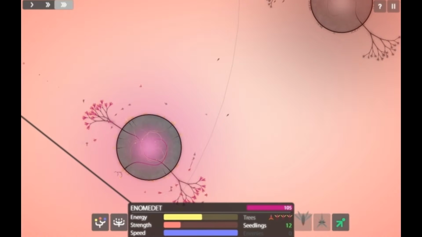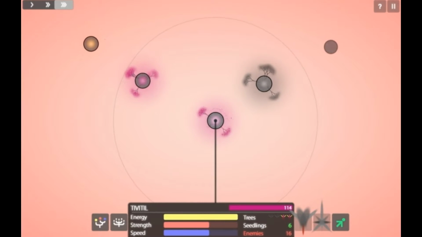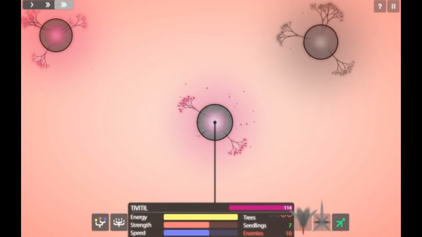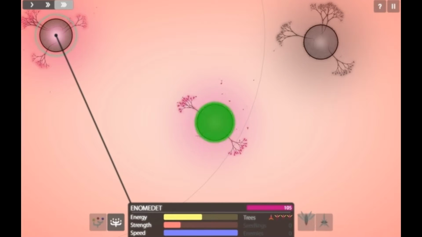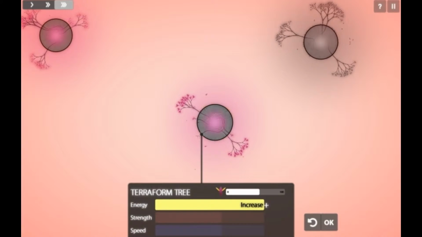I didn't know the greys would attack me. These are gray, right? And we are losing that battle. This is my home base, so I'm actually going to plant 2 mine trees. And then as for the other terraforming,